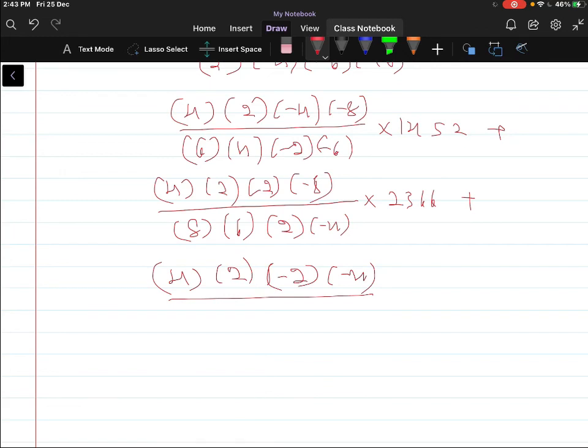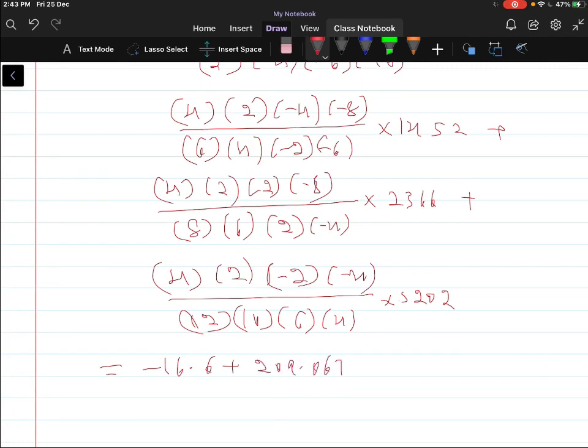plus 4 into 2 into minus 2 into minus 4 divided by 12 into 10 into 6 into 4 into 5202. So this is equal to